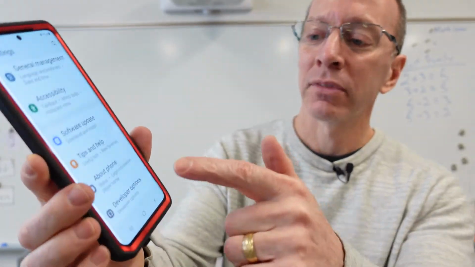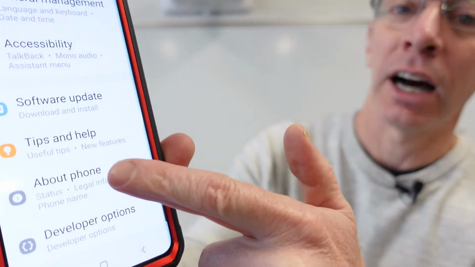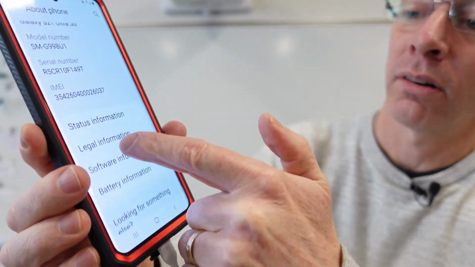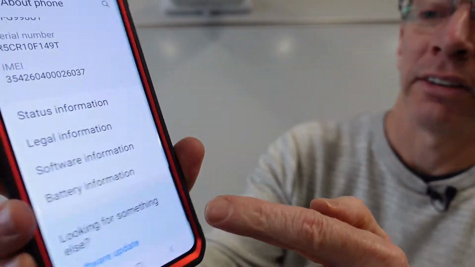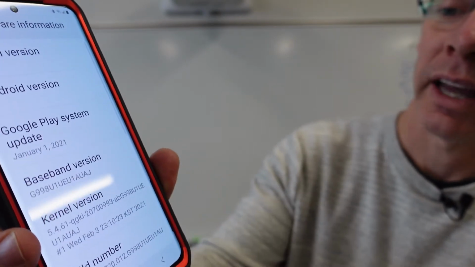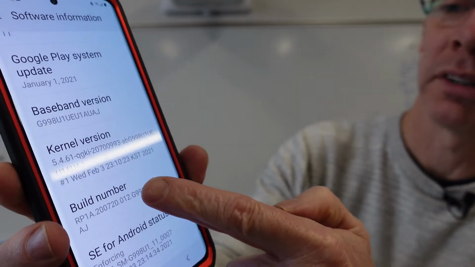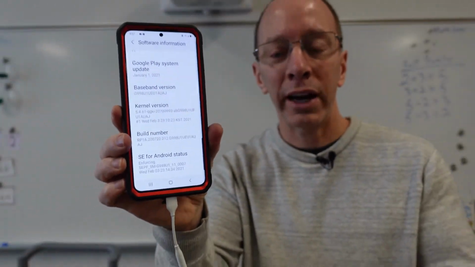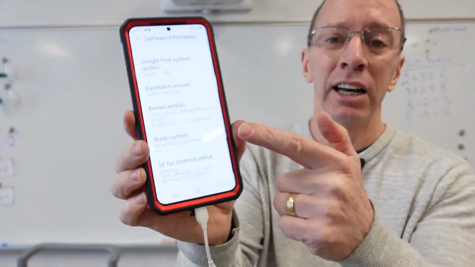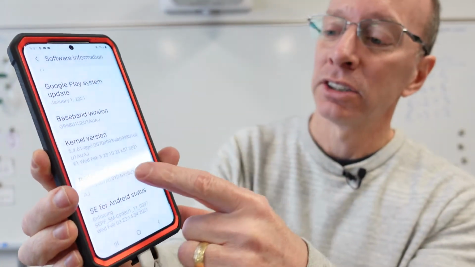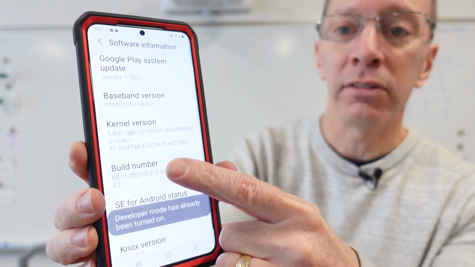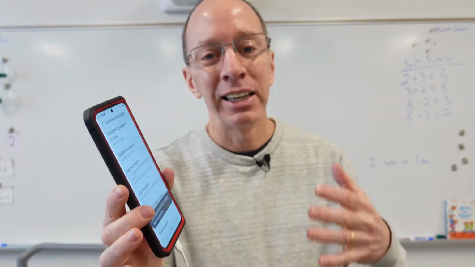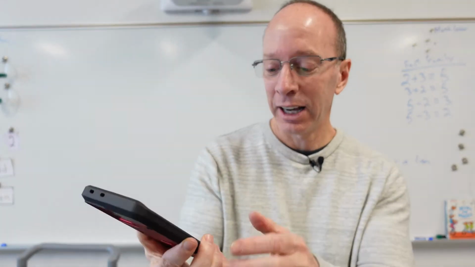It's like a video game. So what you have to do is click on About Phone. So click on that little button right there, then go all the way to software information, okay? And then go over to build number. Now, what you have to do, this is so crazy. What you have to do is you have to click on build number 7 times. So you have to go 1, 2, 3, 4, 5, 6, 7, and that will enable that secret hidden developer